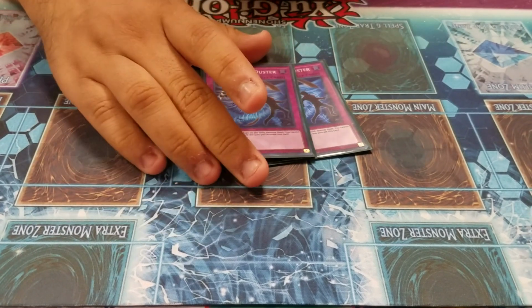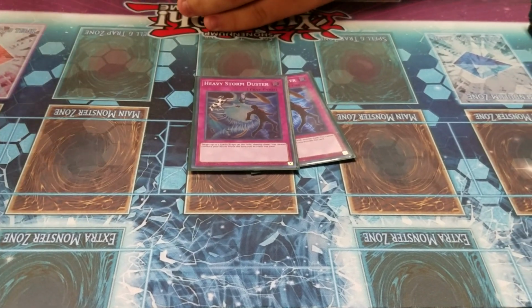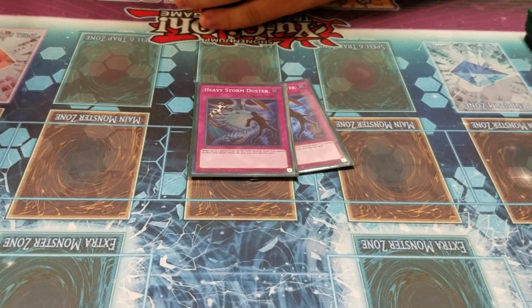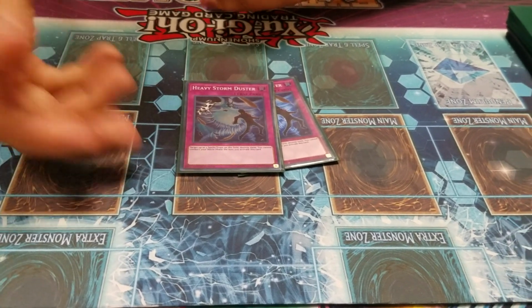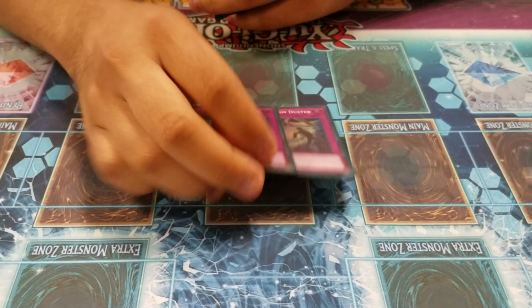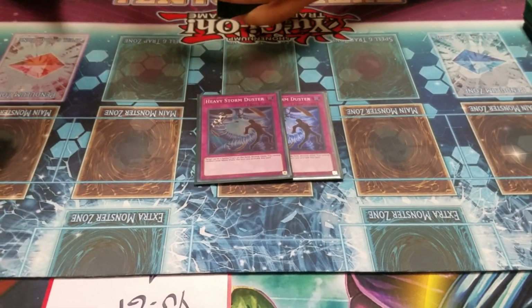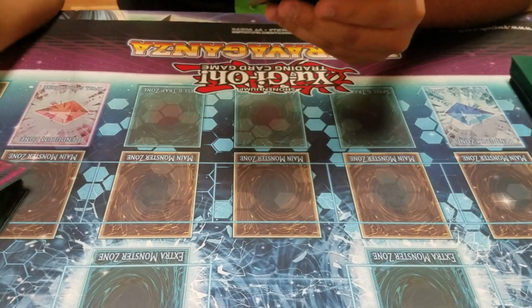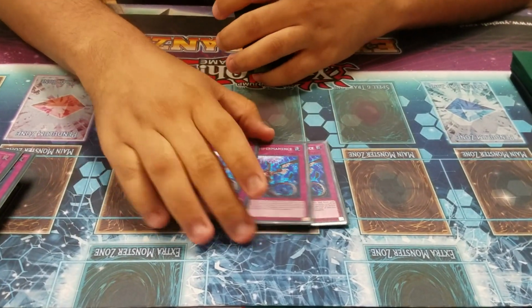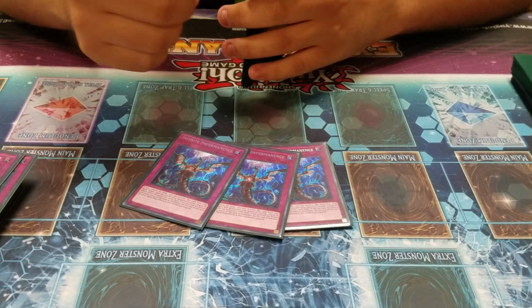Next we have 2 Heavy Storm Dusters. I needed more spell and trap removal to be able to destroy the artifacts because I was seeing them too much. This also helped out the Ultrageist matchups and other heavy back row matchups, so I put in 2 Heavy Storm Dusters. Triple Impermanence, the only other hand trap in this deck, so we have 6 hand traps, gives us